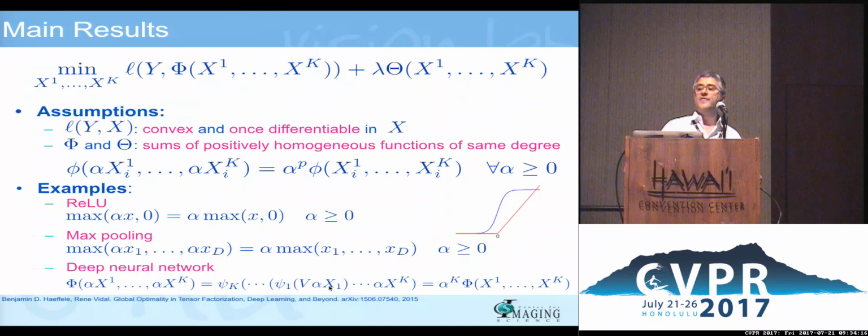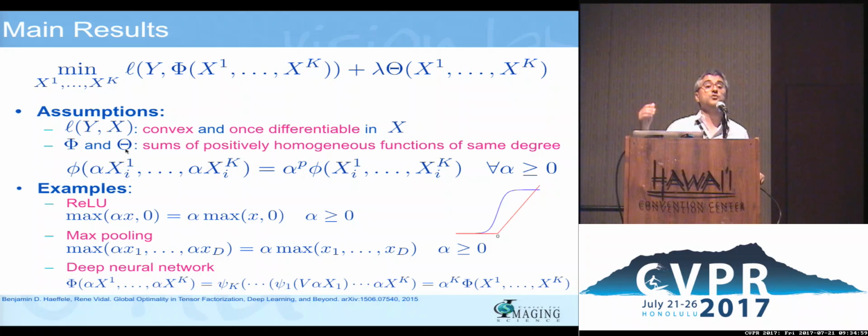Okay? So this is therefore a property that is already satisfied by existing networks. Not by all of them, right? If you do some sort of normalization, then everything changes. But at least networks where the nonlinearities are rectified linear units and max pooling, these properties are true. Okay, so the other assumption that we're going to make, let's go back to the assumption, is that both the network as well as the regularizer are homogeneous. Okay, let's think about what's your favorite regularizer again. Let's say that is L1. What happens if you scale the weights by alpha with L1? L1 gets scaled by alpha. So that's also homogeneous, right?